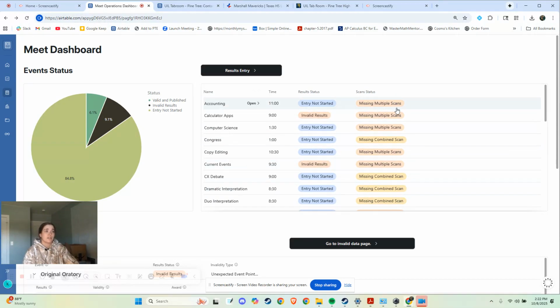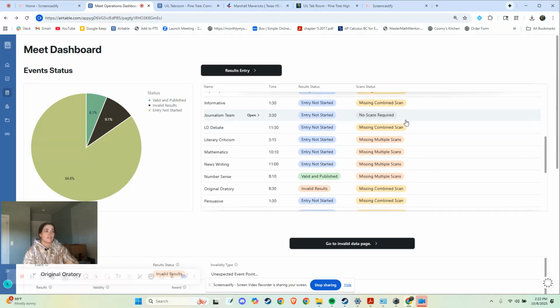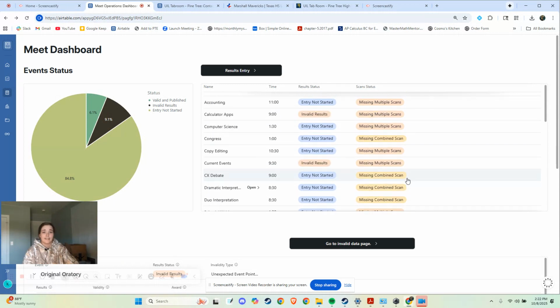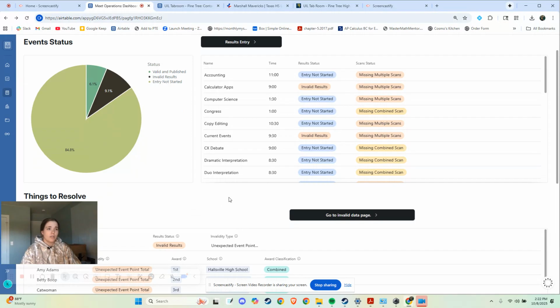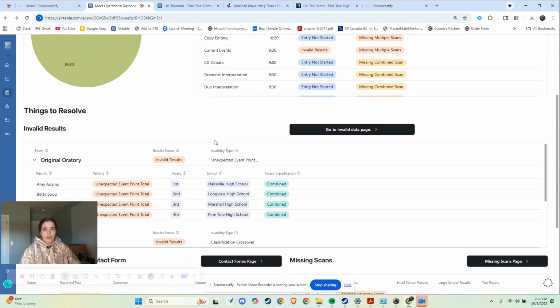You can also see which ones have scans, or need scans, if you're doing scans. I like to have scans of the originals. If you don't care about scans of the originals, you can just ignore that whole bit. But if you scroll down, this is where we have a lot of